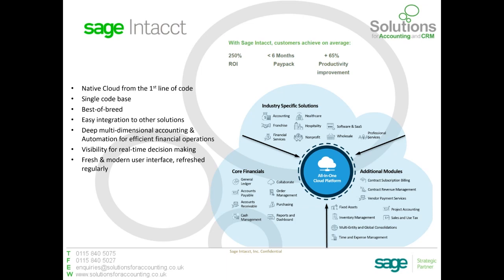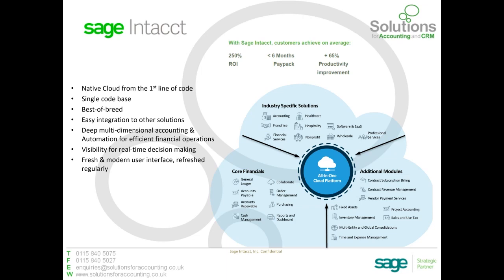Another one of the key modules for Intacct is, of course, the inventory management module. That allows you to control stock levels, again, focused on the accounting side of things, but it does allow you to have stock in multiple locations, bin items. There is functionality along with some third-party add-ons for barcoding, and of course reorder levels and an element of planning around that. It's not a full-blown manufacturing system. Again, the best of breed approach here is that it's focusing on the accounting rather than anything more detailed, which is where the marketplace we'll discuss in a moment comes into play.